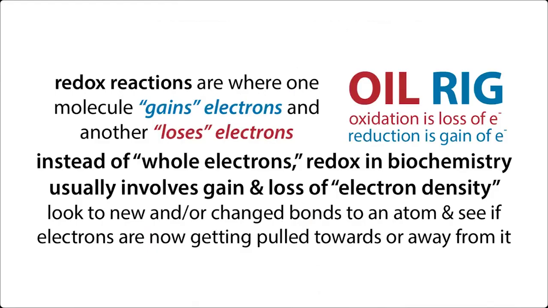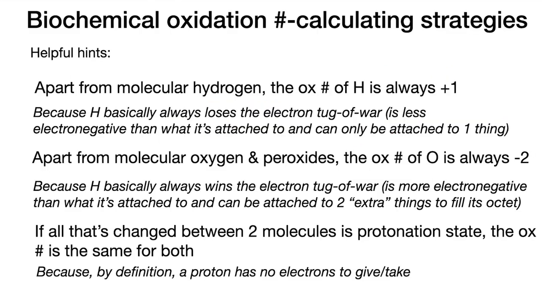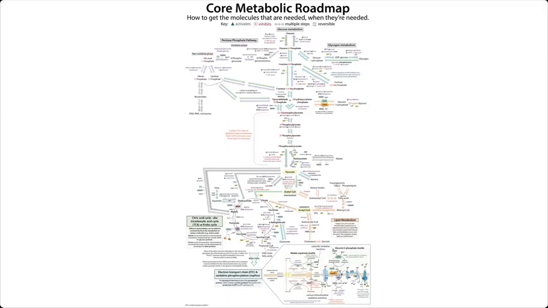I will hold you accountable, however, for remembering your OIL RIG. Oxidation is loss of electrons. Reduction is gain of electrons. Protonation and deprotonation do not involve electrons, and are not redox. By definition, a proton has no electrons to give or take. But our biological fuels do have electrons to give and take. And so we see these